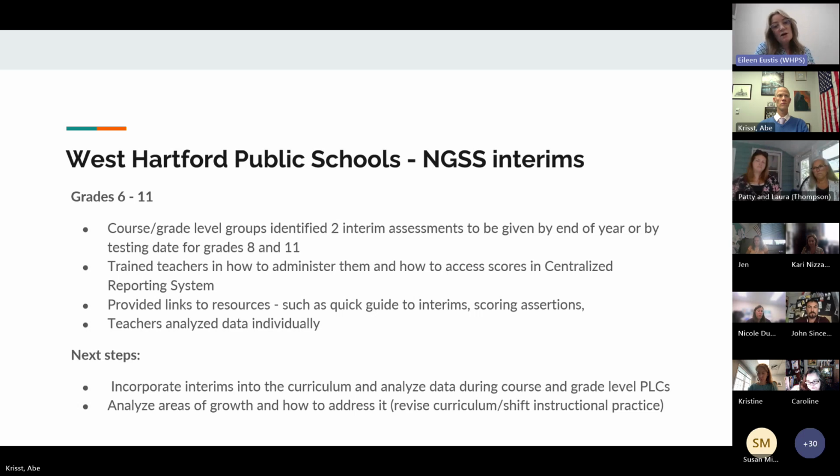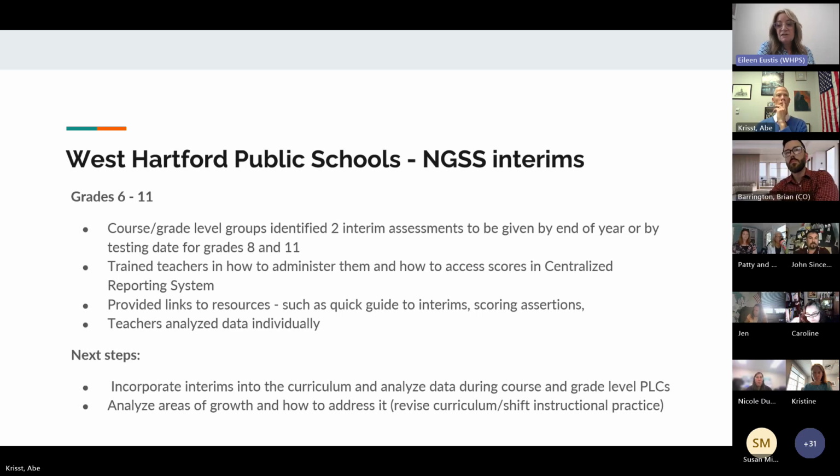So for this year, based on that, the teachers really analyzed the data more individually. Or if they had an opportunity to meet as a content group, they did discuss the scores and how students did in those smaller groups. But again, the next layer of work that Allison's been talking about is, as we begin to really move forward work in terms of professional learning communities and data analysis, the interims are really going to play a much bigger role. We are also in the process of doing some curriculum revision,